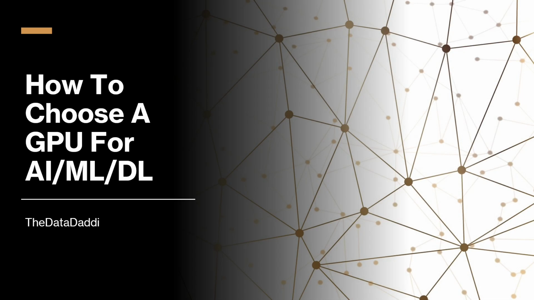Alrighty guys, it's Data here tonight, and today we are going to talk about what I think is a super important topic, and basically it's how can we get the most bang for our buck when it comes to GPUs. So what I want to start out with today is I want to go over how to choose a GPU specifically for artificial intelligence, machine learning, deep learning, any of those areas if you're interested in that, and then how to maximize your dollars when it comes to